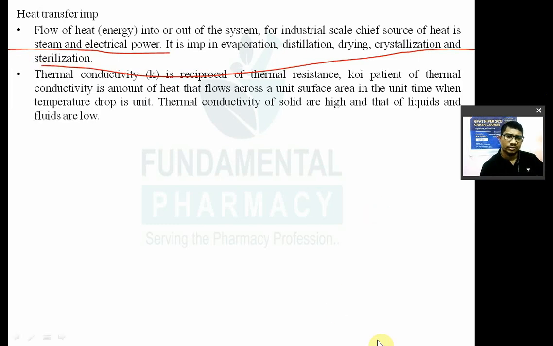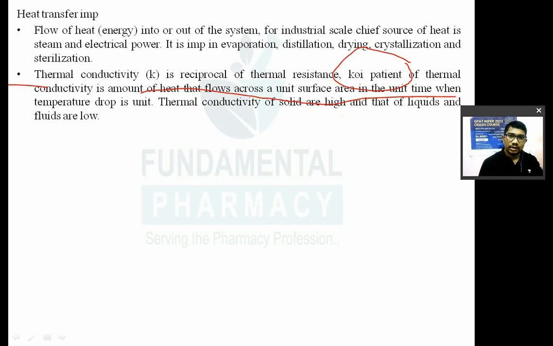Thermal conductivity. What is meant by thermal conductivity? So it is nothing but the reciprocal of thermal resistance. Coefficient of thermal conductivity. यहाँ पे coefficient है. Coefficient of thermal conductivity is nothing but the amount of heat that flows across the unit surface area in the unit time. एक unit surface area में unit time में कितना heat flow हो रहा है उसको क्या बोलेंगे? Coefficient of thermal conductivity is the amount of heat that flows across the unit surface area in a unit time when temperature drop is a unit. टेम्परेचर ड्रॉप भी क्या होना चाहिए, कांस्टेंट. So coefficient of thermal conductivity,